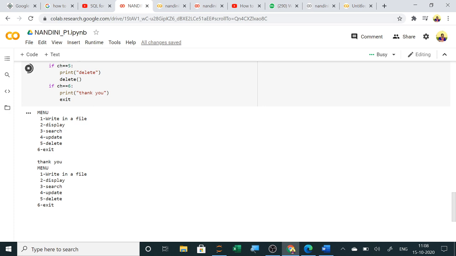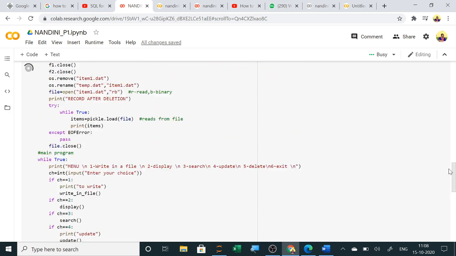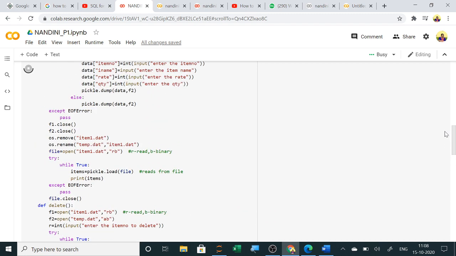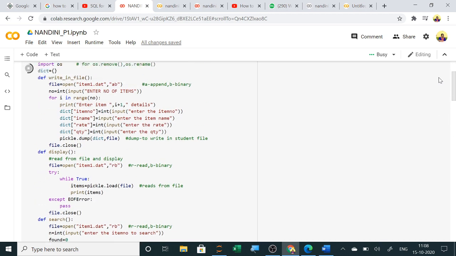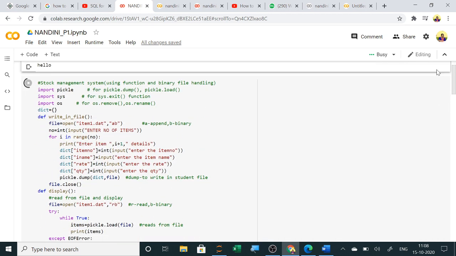So today you just practice your pandas, your matplotlib and your binary files. All the binary files, you can see here, these are your binary files. So CS students, your binary file is getting executed. All the projects we have already done, now you just execute them. This is the stock management system. You just execute it in Google Colab. It is getting executed very easily in mobile, in laptop. You don't have to download anything. No SQL, no MySQL, no Python, nothing. Directly you will open the browser.